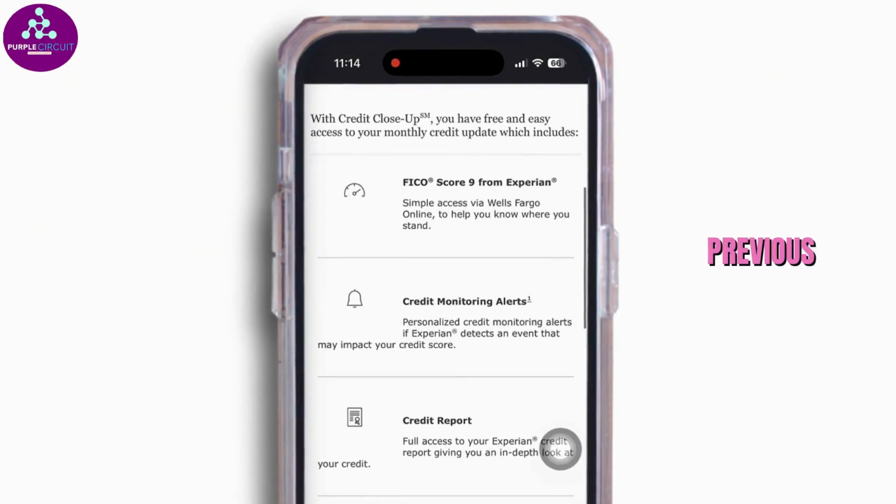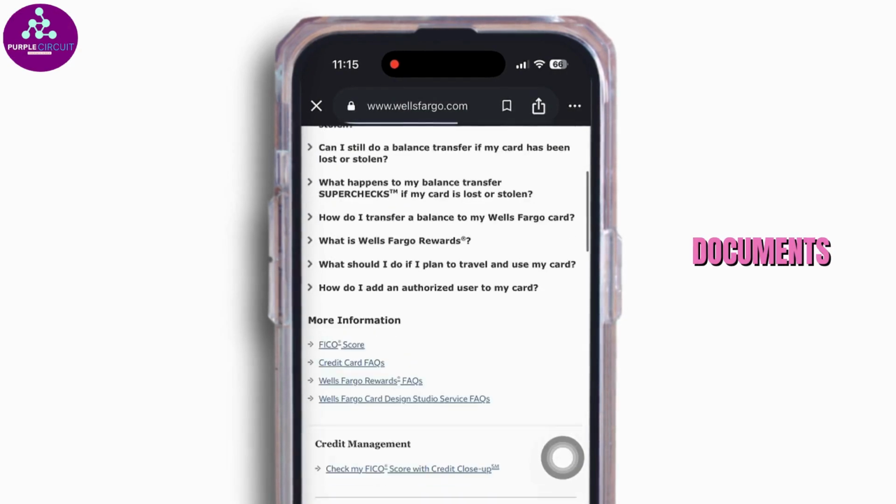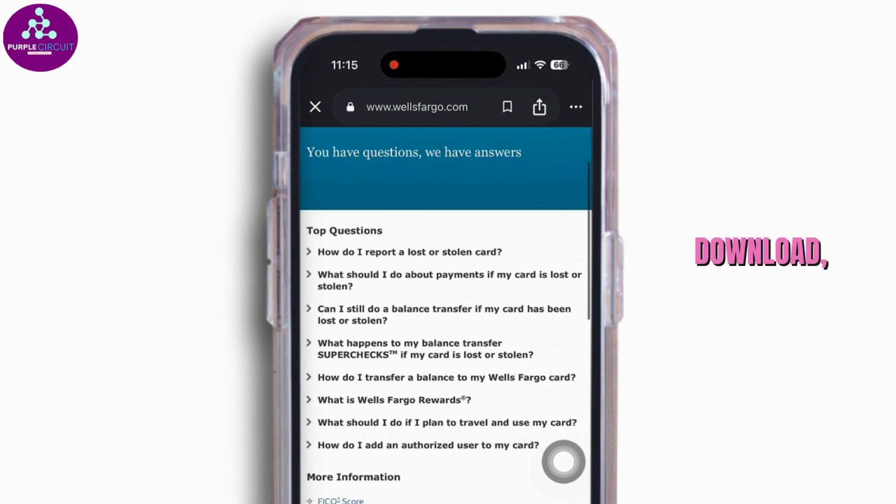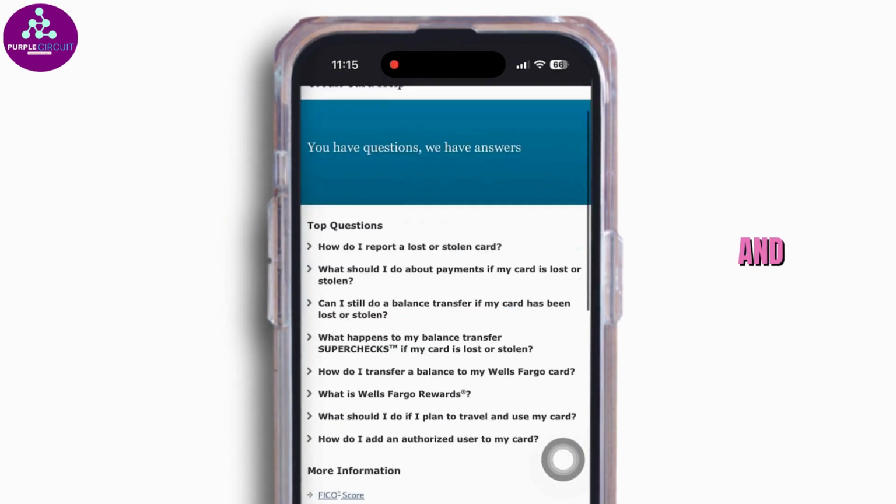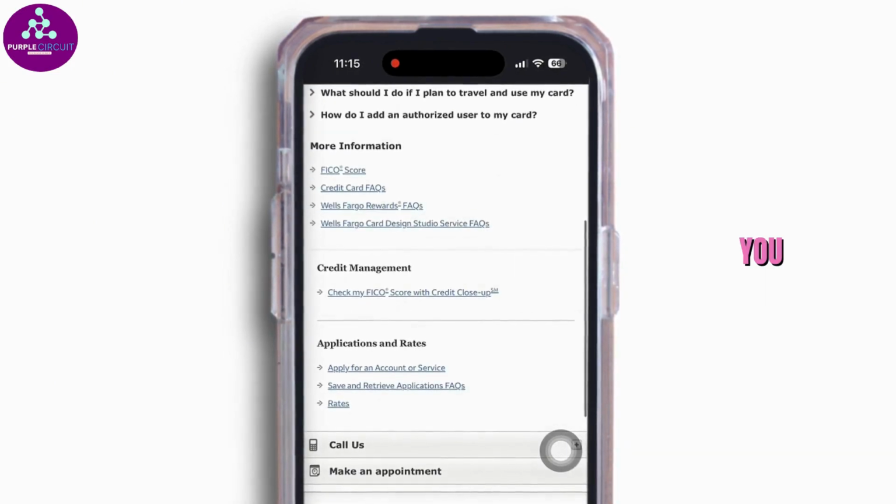If you want to review previous billing cycles, open the Statements and Documents section. There you can view, download, or print your monthly credit card statements and switch to paperless statements if you prefer